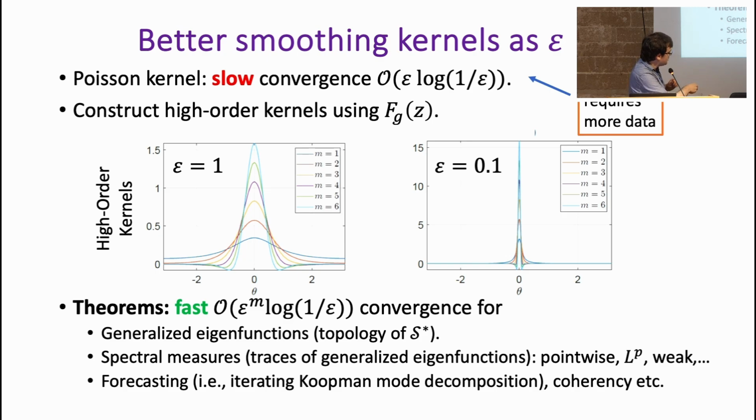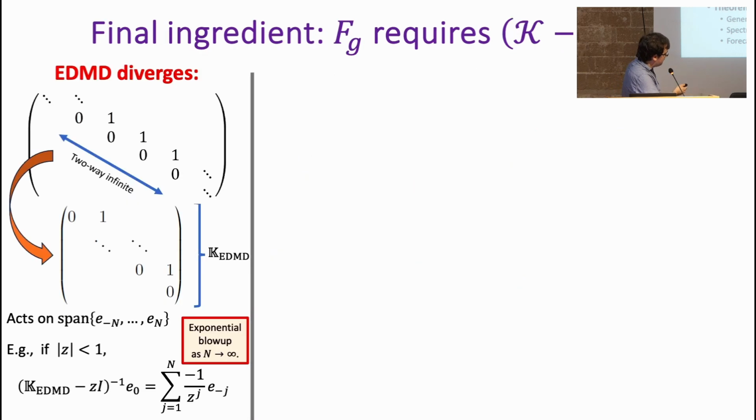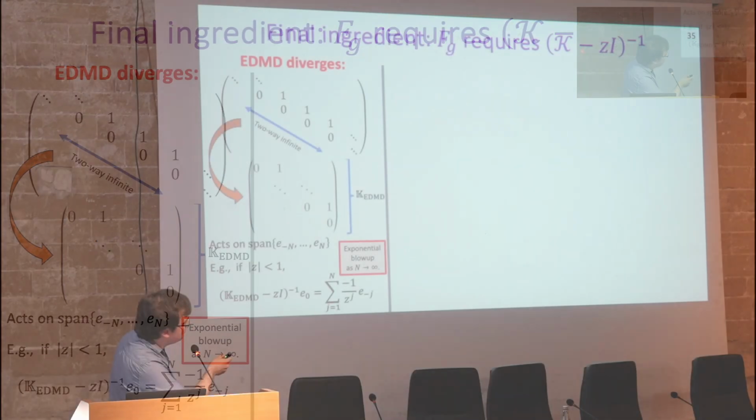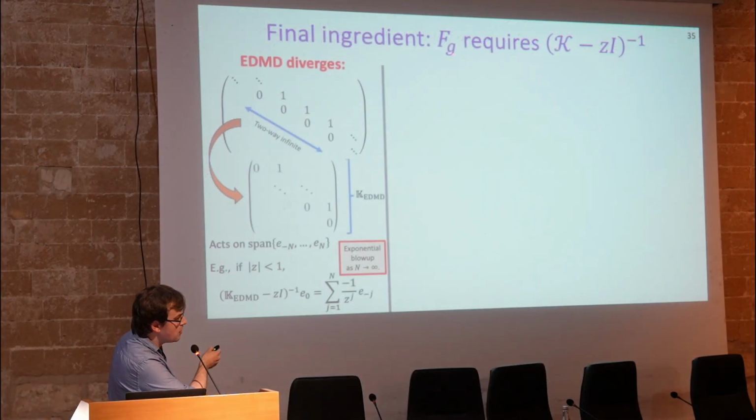Spectral measures, so these are just traces of generalized eigenfunctions, so we've seen them a couple of times today. We can get them in pointwise LP sense. And forecasting, which is essentially just the functional calculus of the Koopman operator, and we can prove convergence. All right, so the final ingredient, we need to compute the resolvent, to compute the Carathéodory function, to compute the